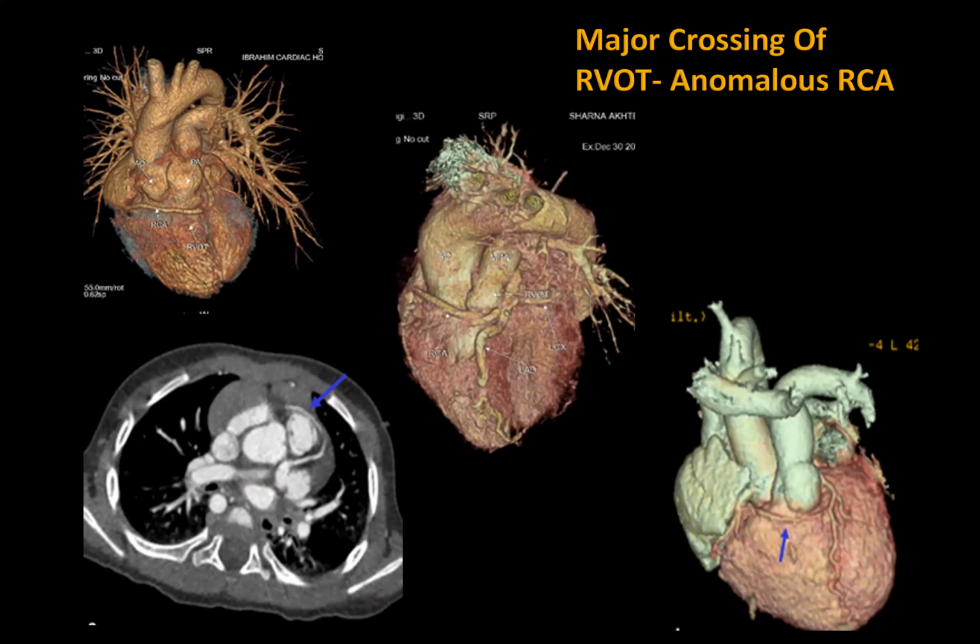This is another clinically important anomalous artery, that is a major vessel crossing the RVOT. Here you see 3 patients, all pediatric and tetralogy of Fallot patients. In all 3 patients, you see the RCA coming from the left side and crossing over the RVOT, that is the infundibulum. If surgeons start the operation without knowing this course, there's every possibility they injure the right coronary artery. So here CT coronary angiogram is very helpful to guide the surgeon on how to change their operation planning.